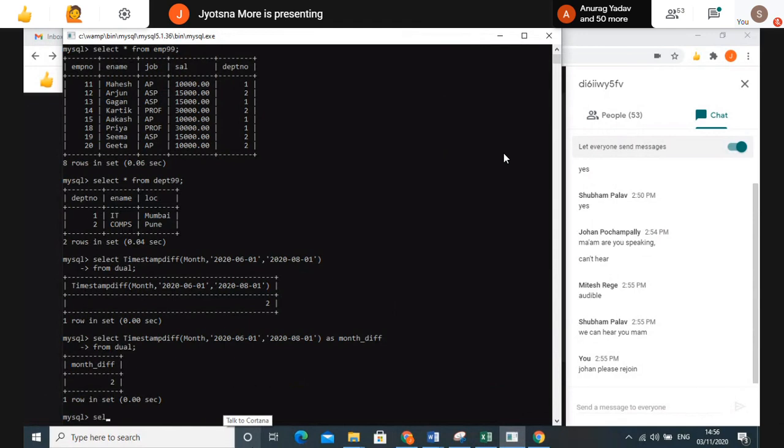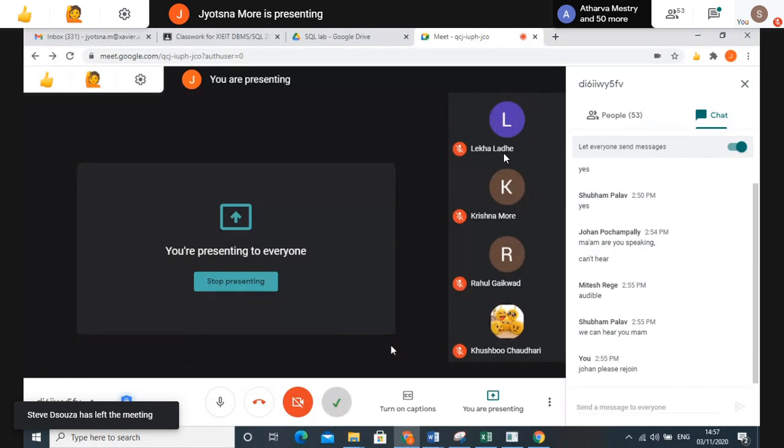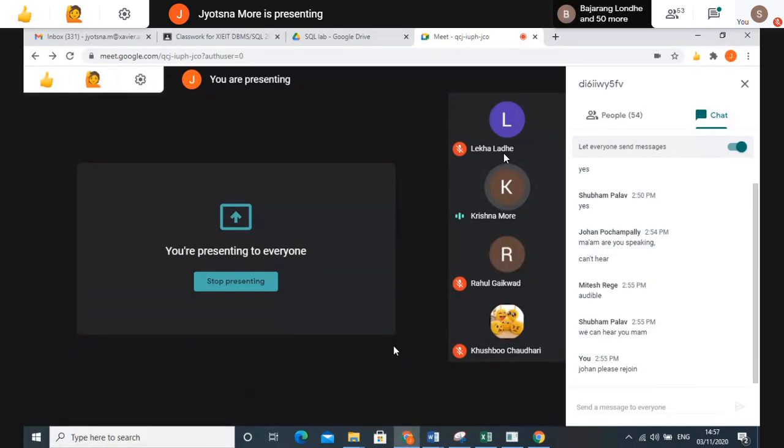Ma'am, it's showing the same error again whenever I'm using this. Okay, you do one thing, you restart and show me when you are writing the query. Wait, ma'am, I'm showing you now again. Don't execute it.